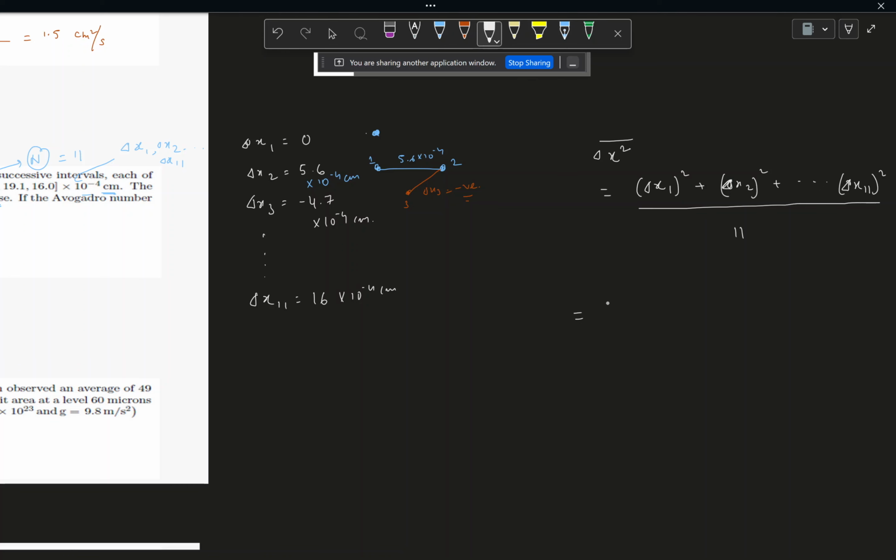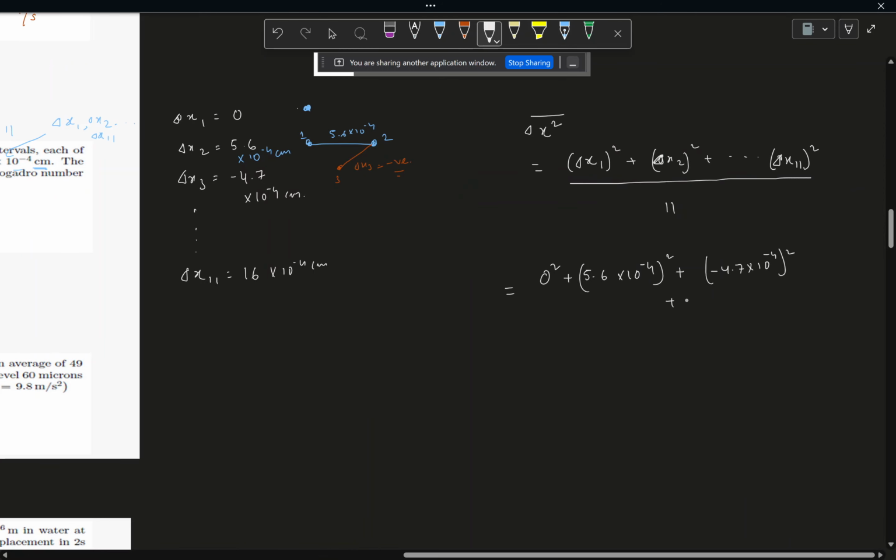So basically you have 0 squared plus 5.6 into 10 to the power minus 4 squared plus minus 4.7 into 10 to the power minus 4 squared plus dot dot dot, it continues up to the final value 60 into 10 to the power minus 4 squared